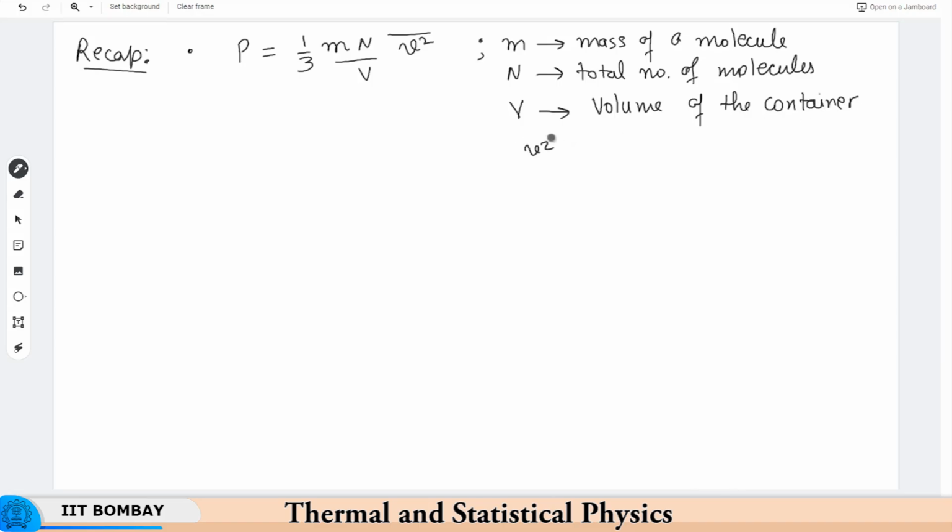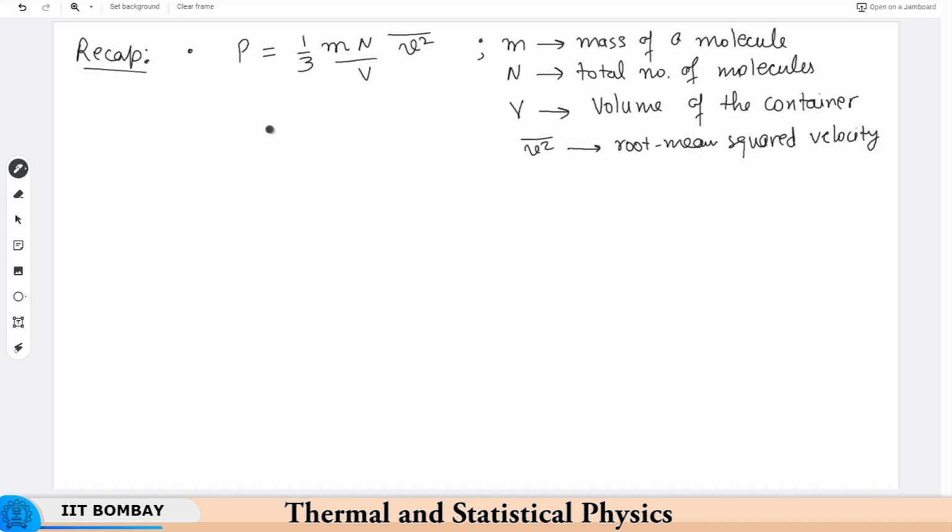And v squared average was the root mean squared velocity of molecules, right. So, this was the expression that we got,